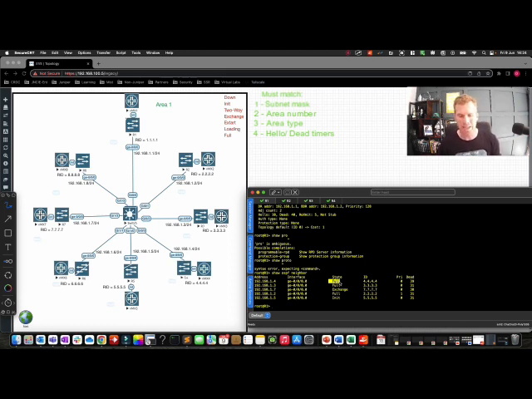That hello and dead interval has to be the same, just like area and area type, for all areas in that same area. So let's move on to R5 now and see what is the misconfiguration on router R5. And what we can actually see immediately is that all this time R1 and R5 have been trying to build an adjacency. If I was to scroll all the way back up to the top on the logs on R1, we'll see that